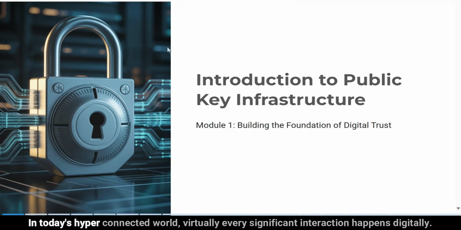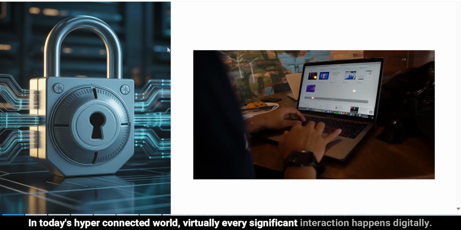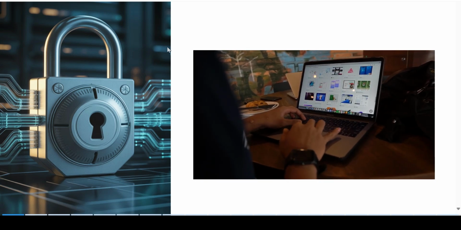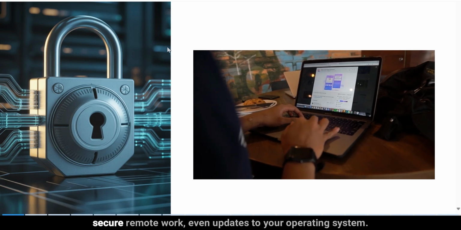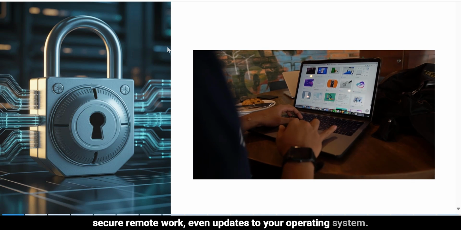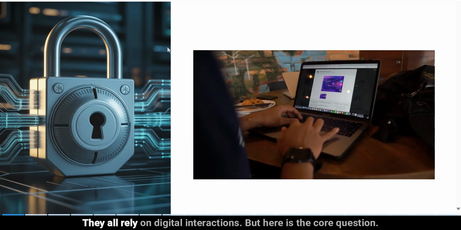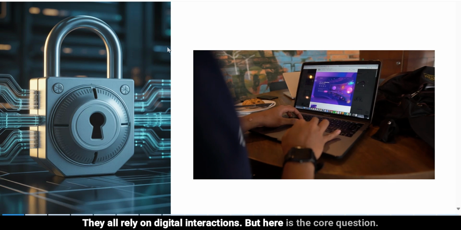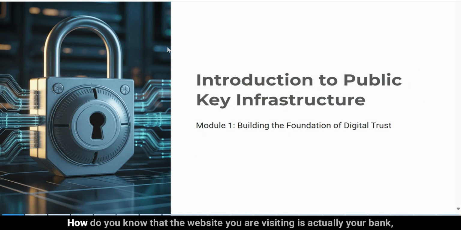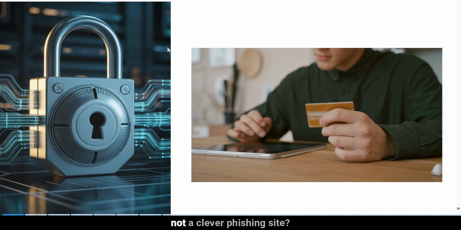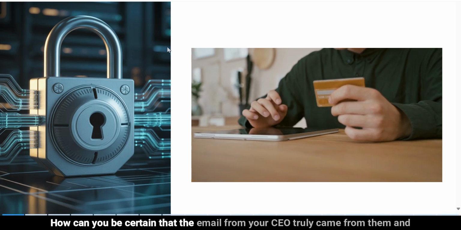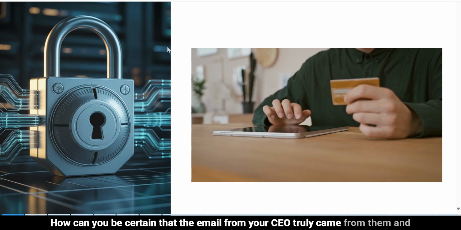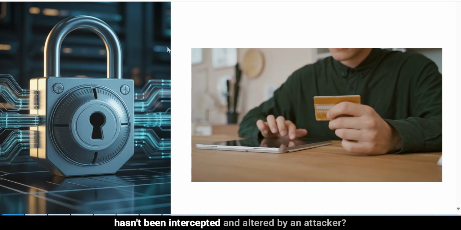In today's hyper-connected world, virtually every significant interaction happens digitally. Online banking, e-commerce, confidential email exchanges, secure remote work, even updates to your operating system. They all rely on digital interactions. But here is the core question. How do you know that the website you are visiting is actually your bank, not a clever phishing site? How can you be certain that the email from your CEO truly came from them and hasn't been intercepted and